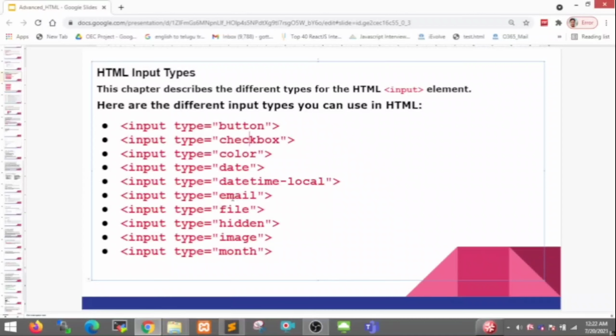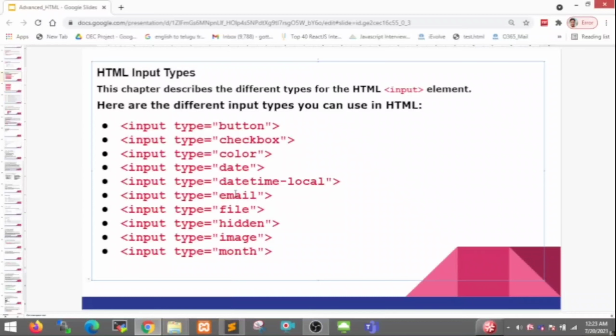When the user enters the email text, it validates whether this is a correct email or not. That's why HTML5 introduced the input type email element.